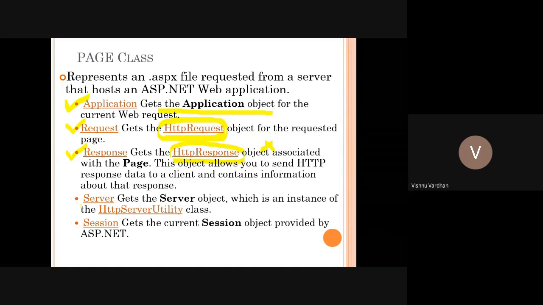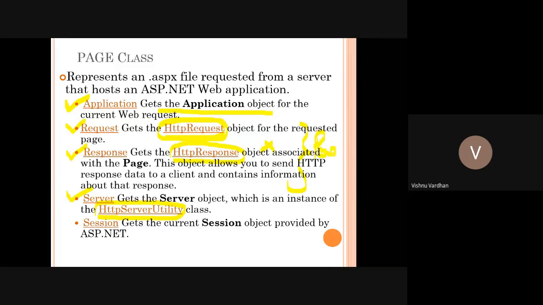Then comes the server. It is also pre-built, and it is actually an instance of this particular class, which is HttpServerUtility, and it gets the server object. Okay, so request and response are not for the server, they are only for the pages. You can see these are for the web pages.